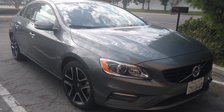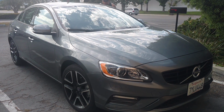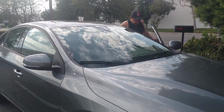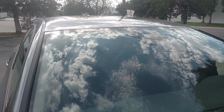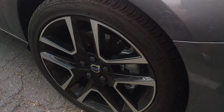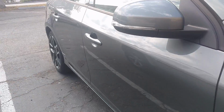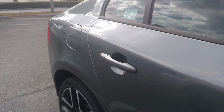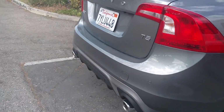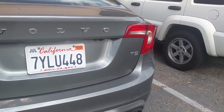Here we are, folks. We're going to do a review of this 2017 Volvo S60 T5 four-door sedan. As you can see, it has the camera arrangements up there in the windshield. Got those little covers on the lug nuts. I never have liked those, but it does have a nice sleek look on it. This car, we're currently in California. It's got dual exhaust, nice chrome tips, backup sensors on it,